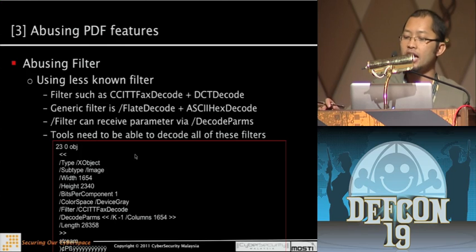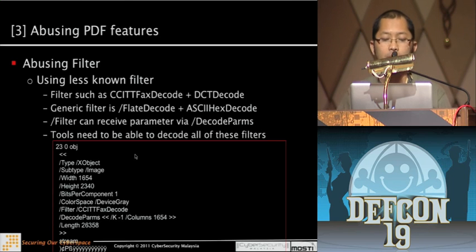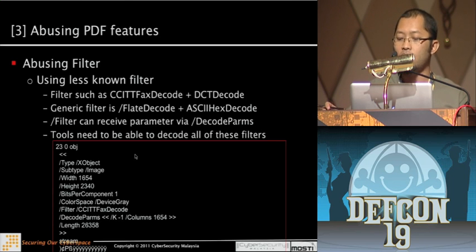If you're using a less known filter, for example CCITTFaxDecode and DCTDecode, there's a high chance your malicious PDF will not be detected. But in general, the filters you normally have are FlateDecode, ASCIIHexDecode, and ASCII85Decode,